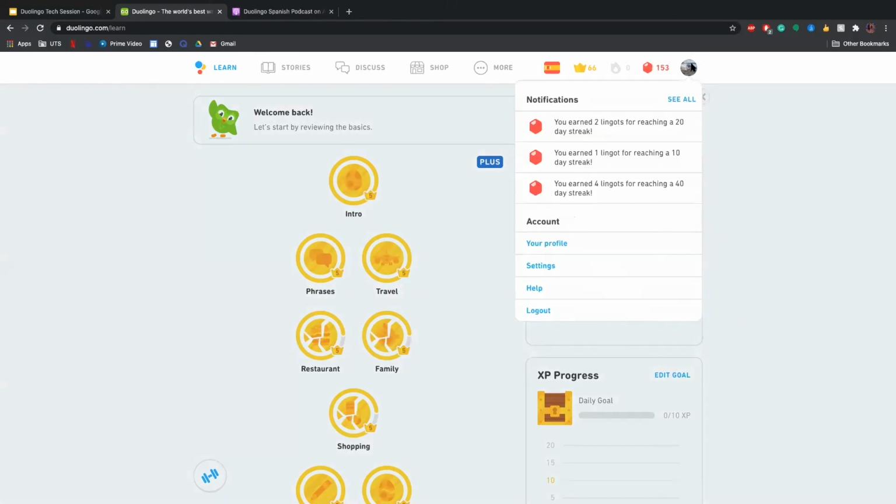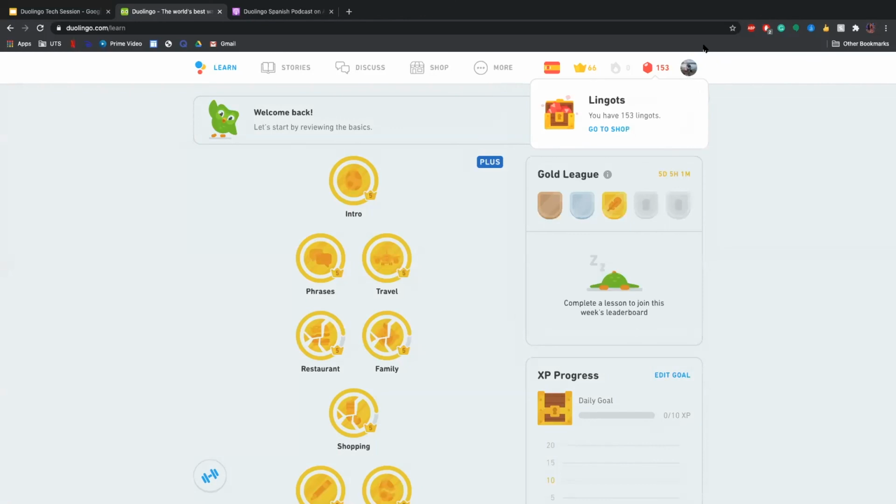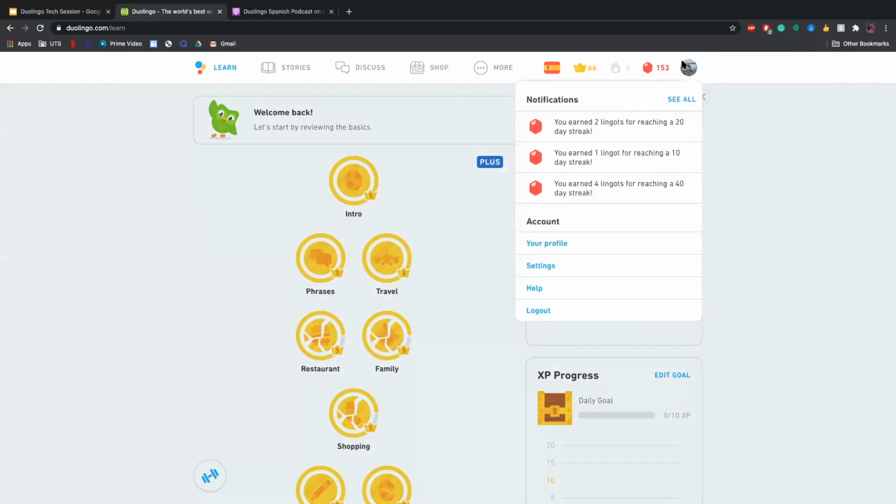So here, when you click on your profile photo, so mine is not just the blue circle because I do have a photo. You can see all of your notifications lined up here, and then to see all of them, you just click the See All button. And then this is the account section I was talking about. So you can see your profile,